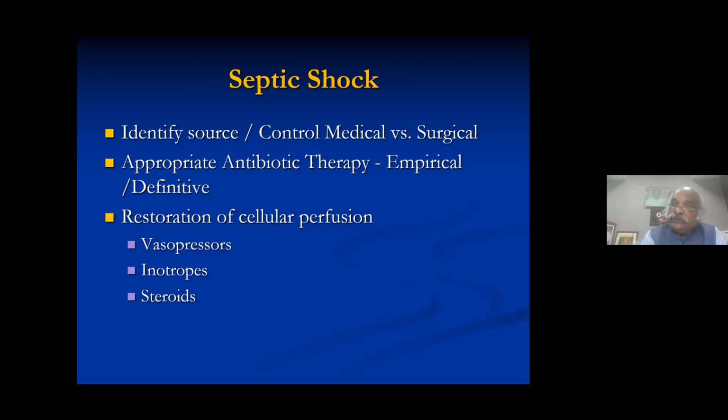And secondary to the decreased vascular resistance, the cardiac failure occurs because the contractility is affected for that. And therefore, there is a need for inotropic agents. So vasopressors, the noradrenaline is the first drug of choice. You can give it for that. Vasopressin, you can give it for that. Then you can give the inotropes, like dobutamine is the better inotrope for that. So these combinations of restoration of cellular perfusion by giving inotropes and the correct vasopressors, with or without the steroids, can help in a better way for that.